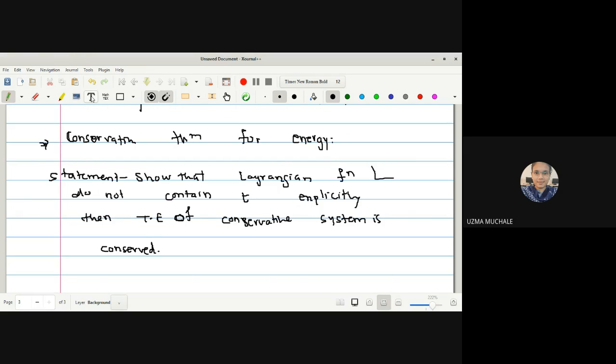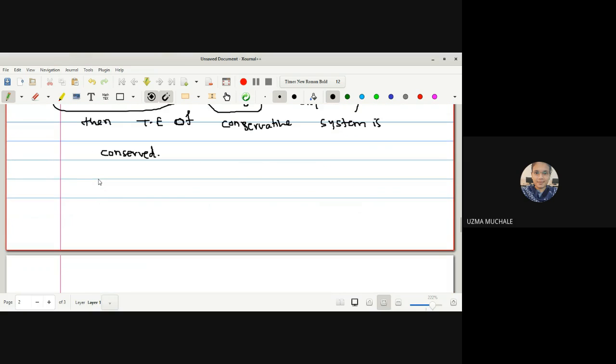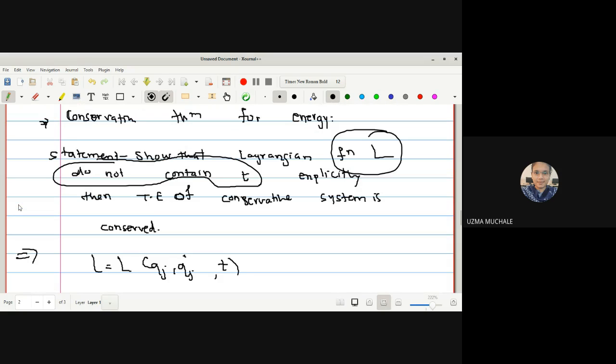How to show this one? Let us start with the Lagrangian. ओके, दिलेला काय आपल्याला, function L do not contain the time t only, ओके इतकं दिलेलं आहे ना. So let us start with that only. So we know that L is a function of qj, qj dot and t. Given that the Lagrangian L is not involving a time t, okay, so if it does not involve a time t, derivative of Lagrangian L with respect to t will be equal to 0.